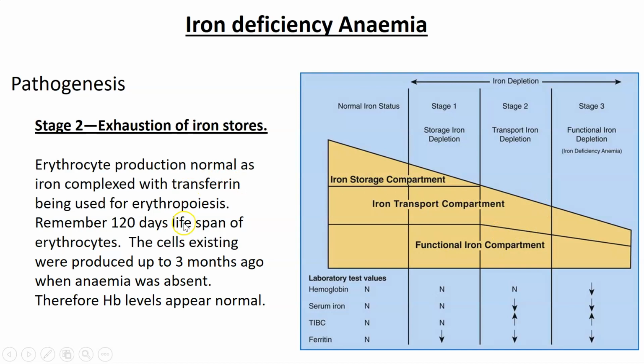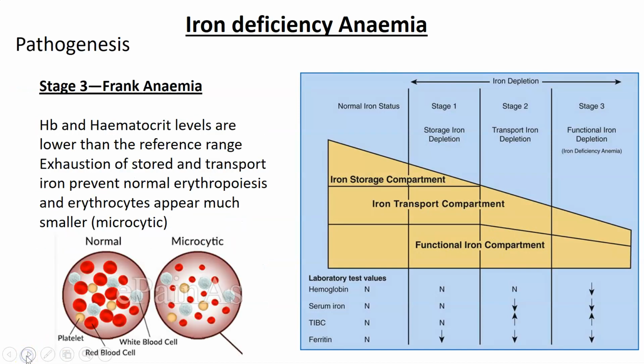And it's not until we get to stage three. Okay, this is what we consider as frank anemia, stage three. This is when basically everything has run out. The iron storage compartment, the transport compartment, and even the functional iron compartment is running out as well now. And because there isn't enough iron now in your whole body to recycle